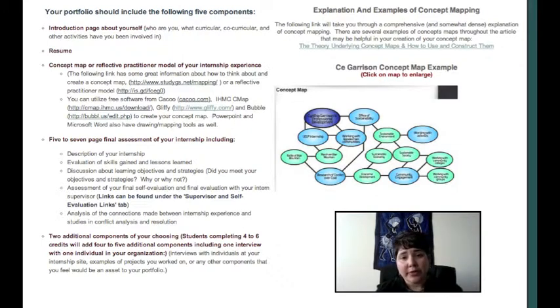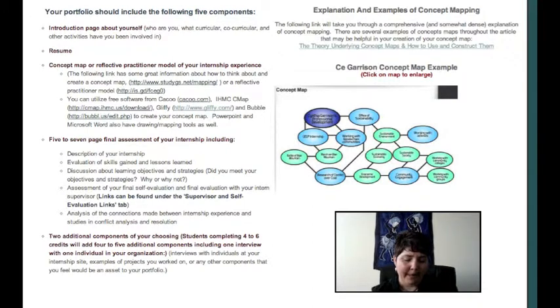There's a visual concept map and an explanation of what the concept map is. Basically, it wants you to visually put together your experience of your internship and how your internship relates to your coursework, relates to maybe some of the activities that you've been doing outside of the classroom, to your interests. It gives a visual map of who you are as a student at S-CAR and maybe where you would like to go. There are some examples, and I definitely will be able to help you think through that during our